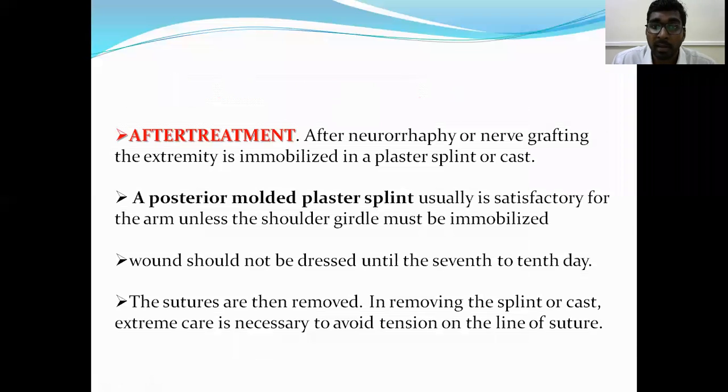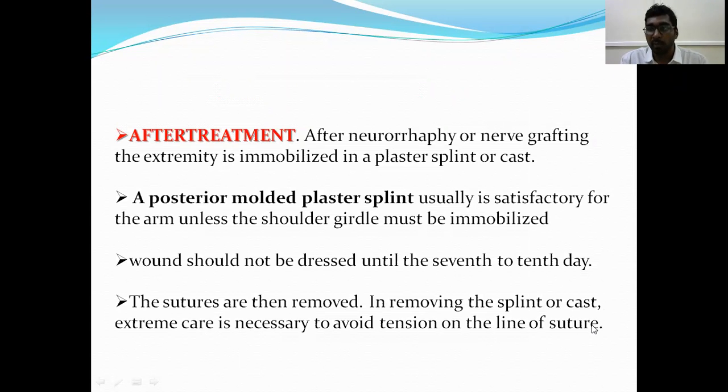So after neurography or nerve grafting, the extremity is immobilized in a plaster cast or splint, and a posterior molded plaster splint usually is satisfactory for the arm unless the shoulder girdle must be immobilized. The wound should not be dressed until the 7th to 10th day, and the sutures are then removed. In removing the splint or cast, extreme care is necessary to avoid